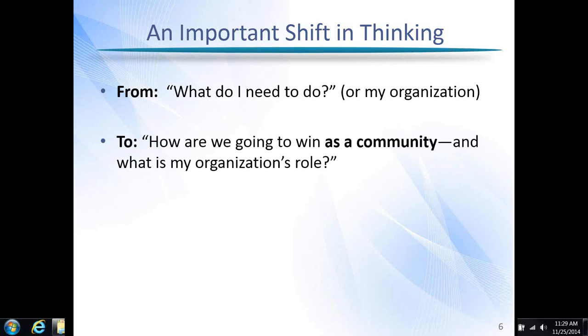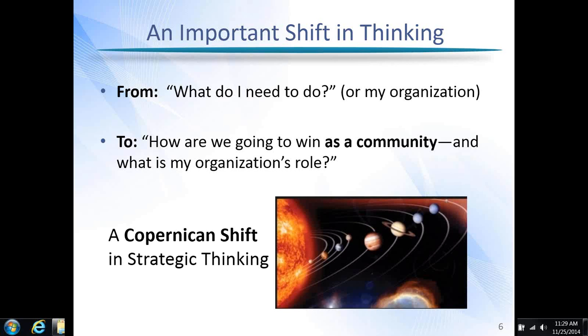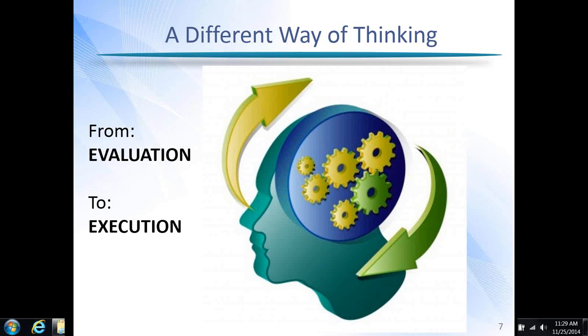You know, in football, the offensive lineman doesn't score points by himself, but he's very important to the success of the team. And in any community, you have different organizations that can play different roles, and others can provide the assists, much like we think about in a sports team. Some people have referred to this as a Copernican shift in strategic thinking, and it shouldn't be underestimated. It involves a lot of different ways of thinking about things, that the universe doesn't revolve around your organization, but your strategy can revolve around the community.